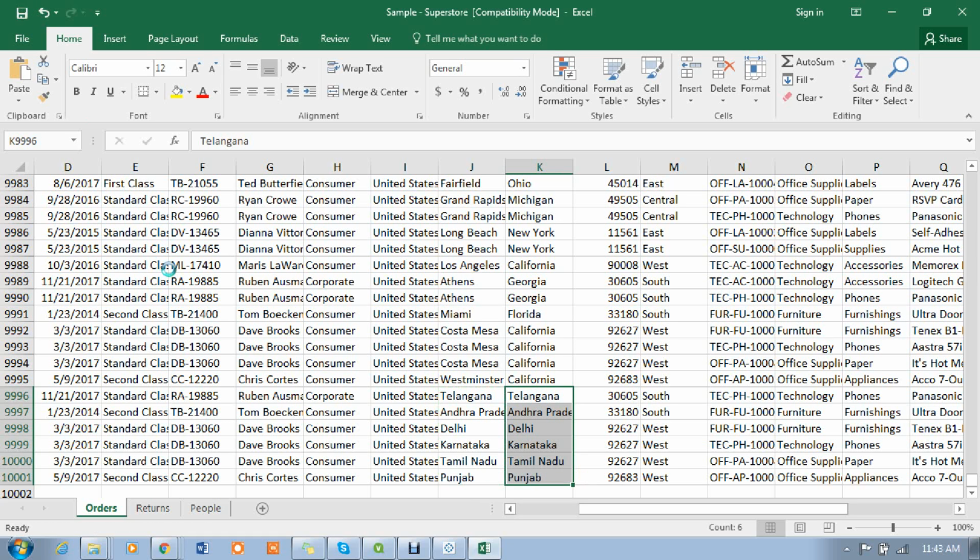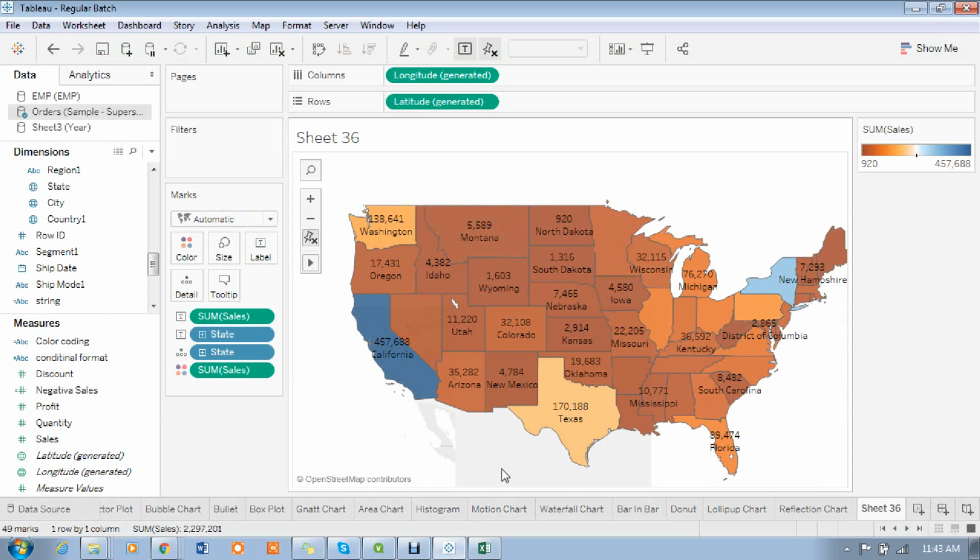If I put United States, this state won't be found, madam. Then we have to enter manually. If I give India, it automatically comes, madam. It will check the country and state.